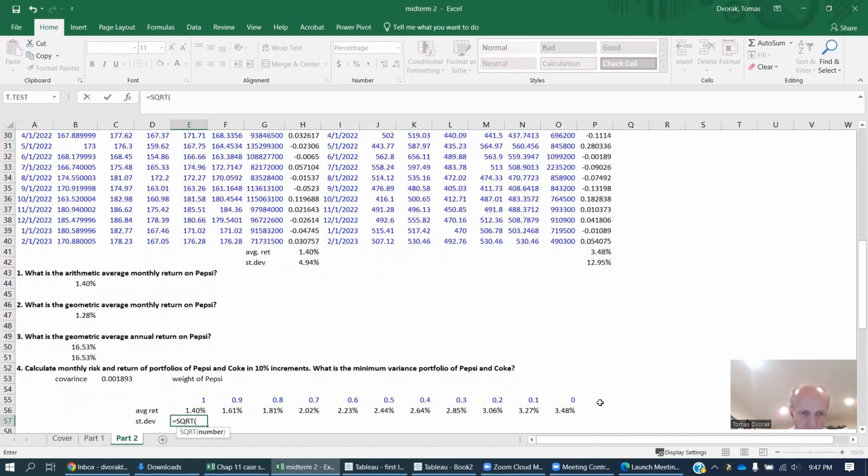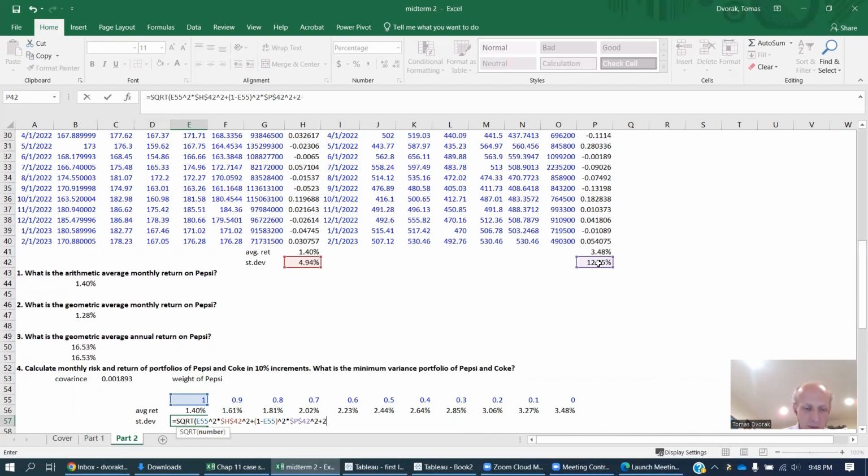We're going to take the weight of Pepsi squared times the standard deviation on Pepsi, locked, and squared, plus 1 minus the weight on Pepsi, squared, times the standard deviation on Coke, locked, squared, because we need variance there,